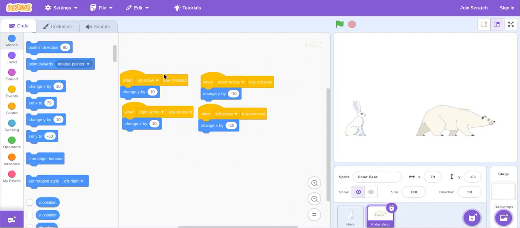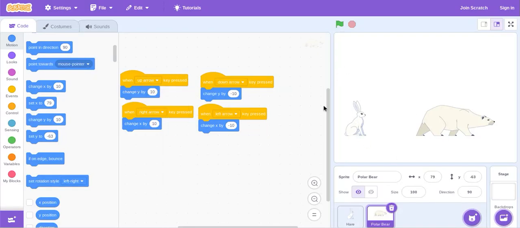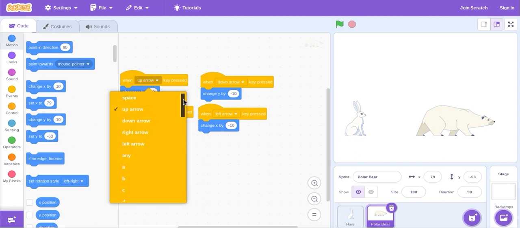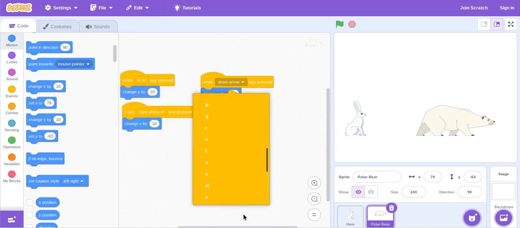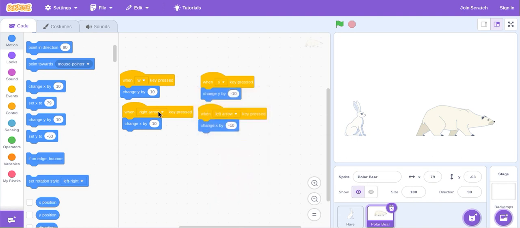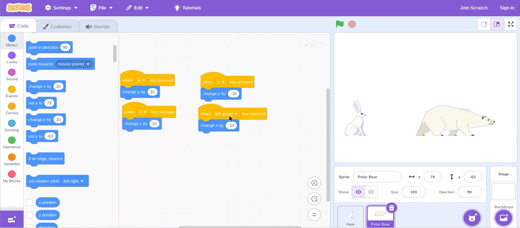so what I can do is use WASD, because then it will also move. So let's take our WASD, where up arrow means W, and down arrow for S, right arrow for D, and left arrow for A. So now when I am trying to move with WASD, you can see that I have to do it again